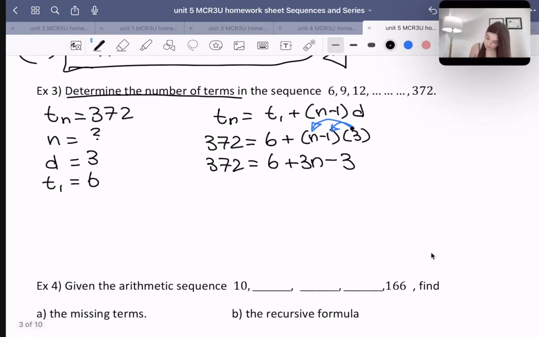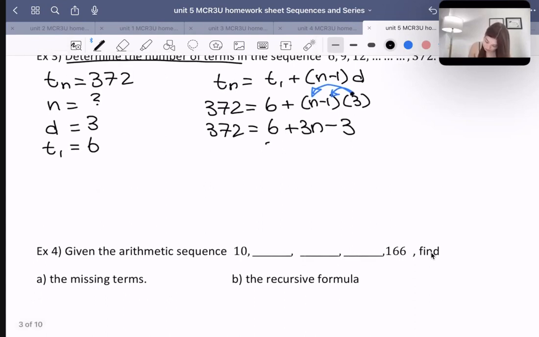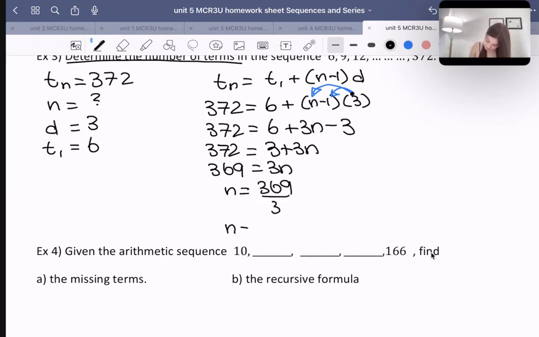My next step, I'm going to combine the 6 and the 3. So 6 minus 3 is 3. So here I'm going to have 3 plus 3n is equal to 372. Then I'm going to move the 3 to the other side, and we're going to get 369 is equal to 3n. So therefore, n is equal to 369 divided by 3, which means n is what? Let's grab our calculator. 369 divided by 3, which we do know is divisible by 3 from our rules, but let's figure it out. It's 123. Very good. So therefore, there are 123 terms